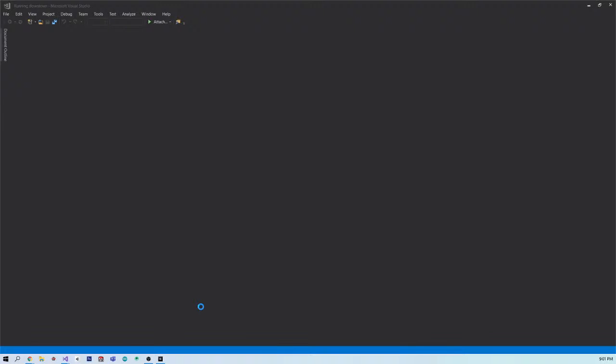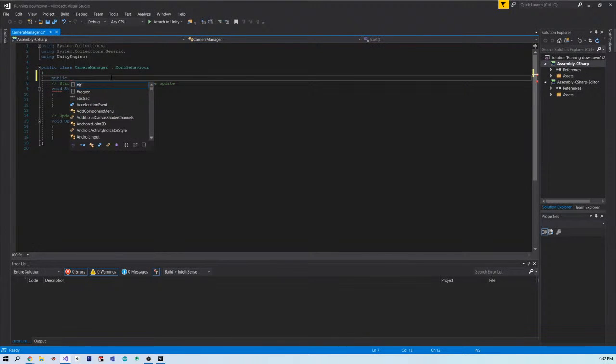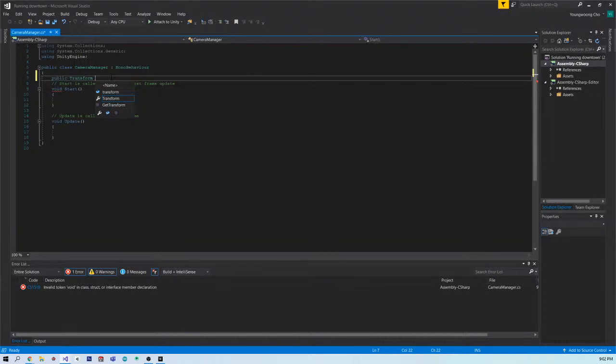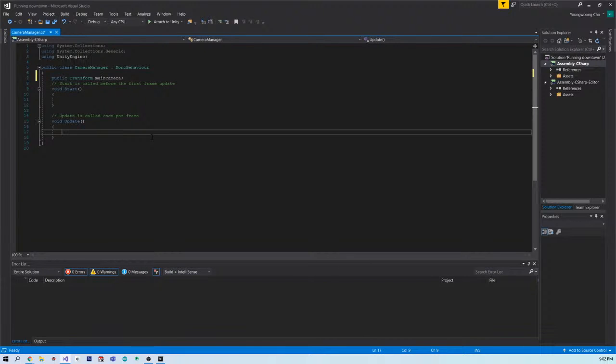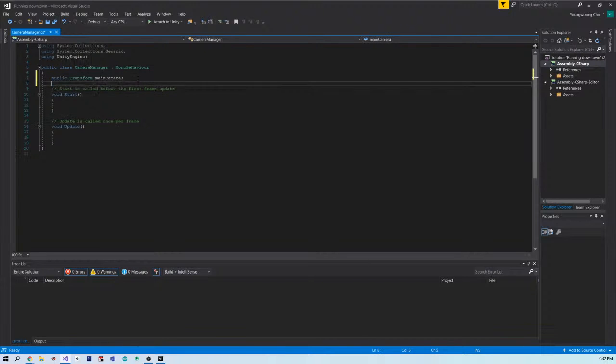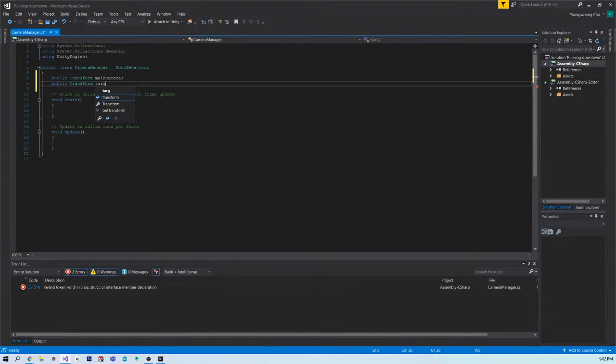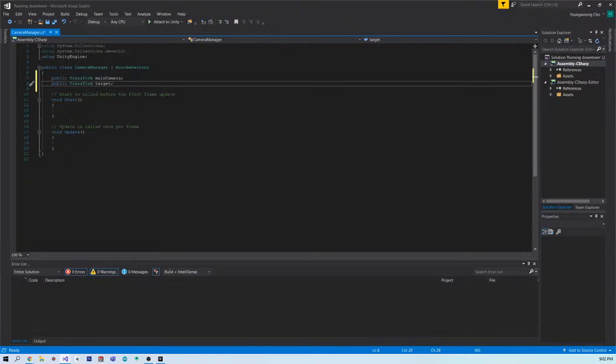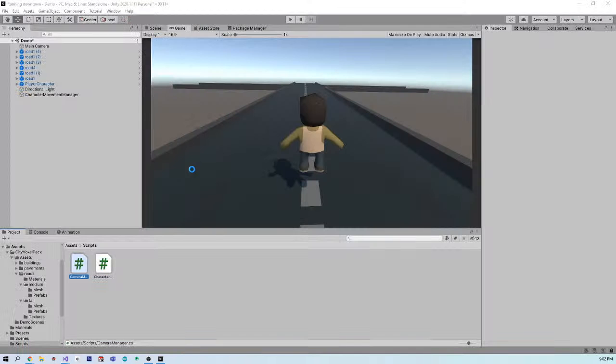I'm going to declare a public camera. All I'm interested in is just the transformation. Transform main camera, and public transform target. So the camera is going to be following the target. And Update, whenever it updates,